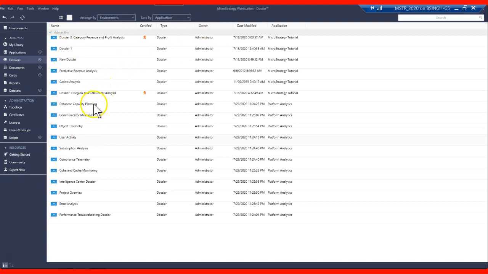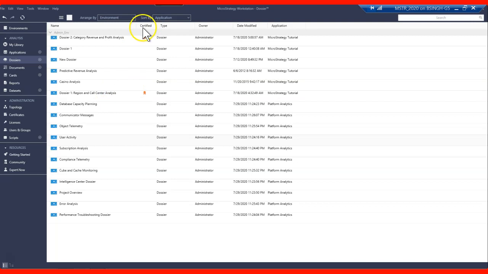And you can share the dossier with your administrative team by downloading and distributing a dossier file, by sharing a link to the dossier, or by distributing the dossier to other users through MSTR library. So there are a couple of options by which you can share the dossier with other administrators or with anyone who requires it. You can specify an individual user during the sharing, or you can specify the user group who will receive the dossier. You can also certify the dossier from your workstation.